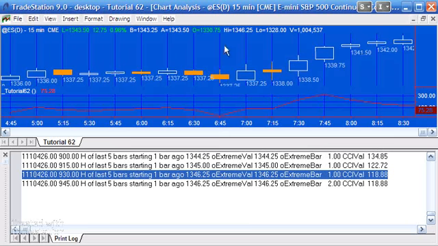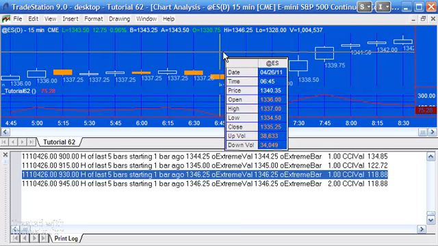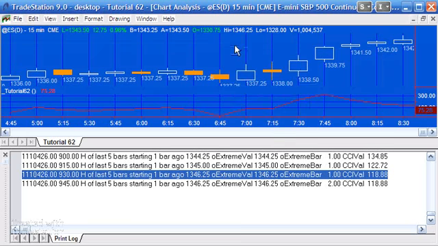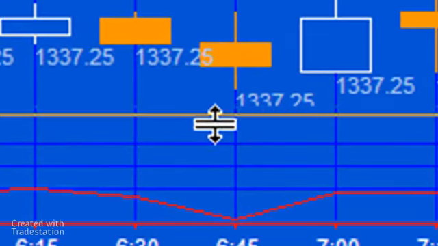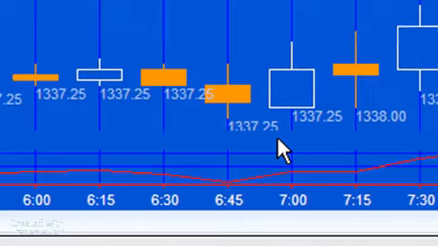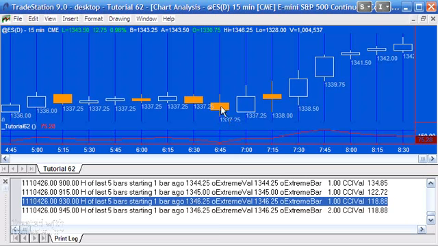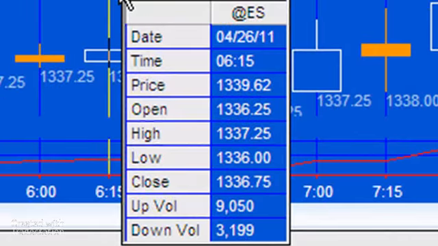Okay, so perhaps this one here. This is 645 on 426, and it is saying that the highest is slightly difficult to read there. I'm just going to try and create a little more space here. Okay, 1337.25. So looking back 5 bars, 1, 2, 3, 4, 5, looks to me like it's probably this bar, and indeed you'll see the high